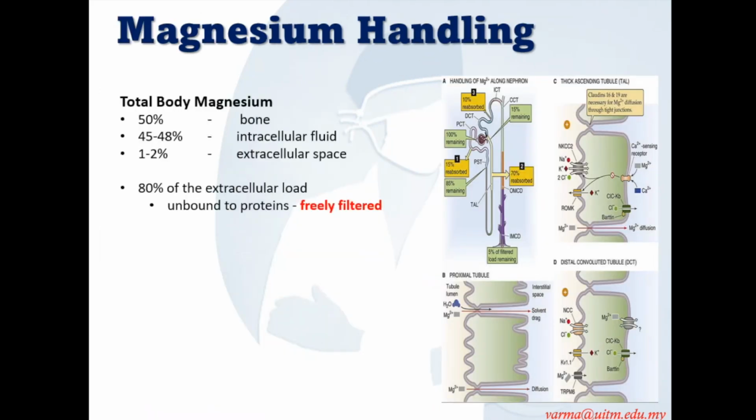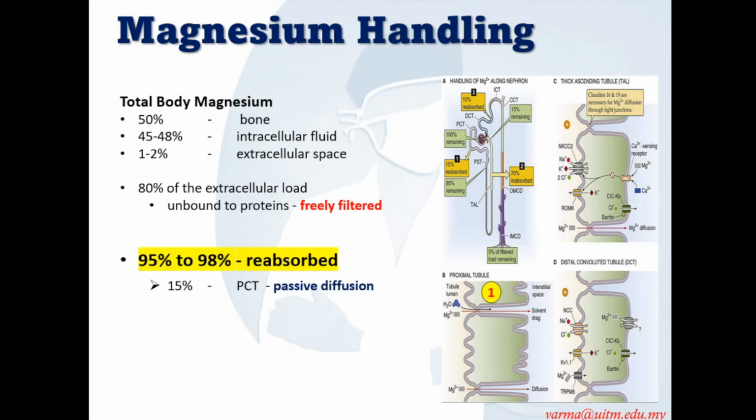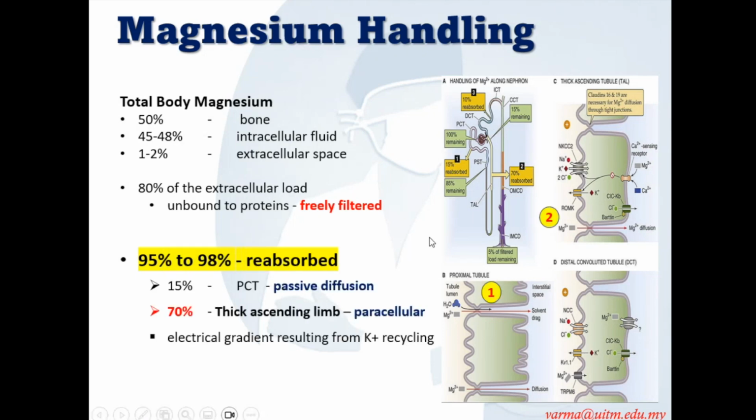Magnesium handling, again, can be a very short note, just for completion's sake. Total body magnesium: 50% in bone, another 45 to 48% intracellular, 1 to 2% in the extracellular space. Of this extracellular load, 80% gets freely filtered. Above that, 90 to 95% will get reabsorbed, but compared to potassium, sodium, and calcium, magnesium reabsorption is mainly in